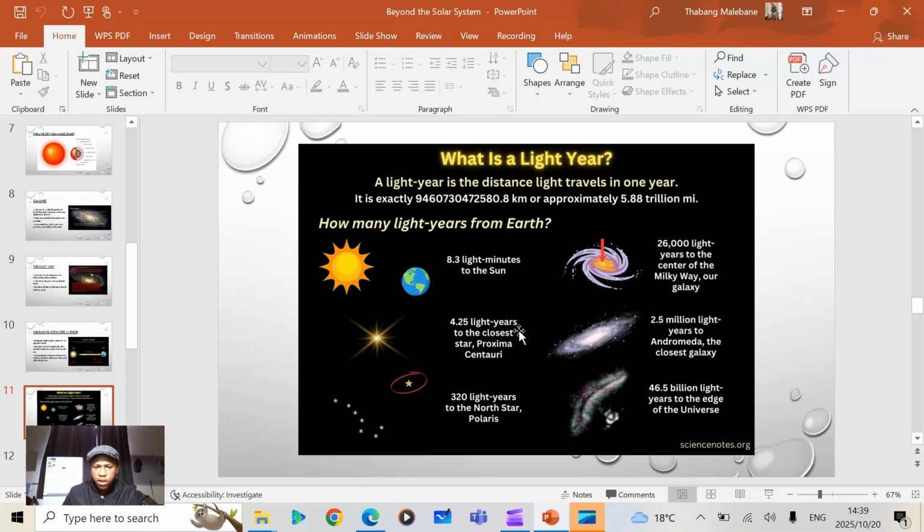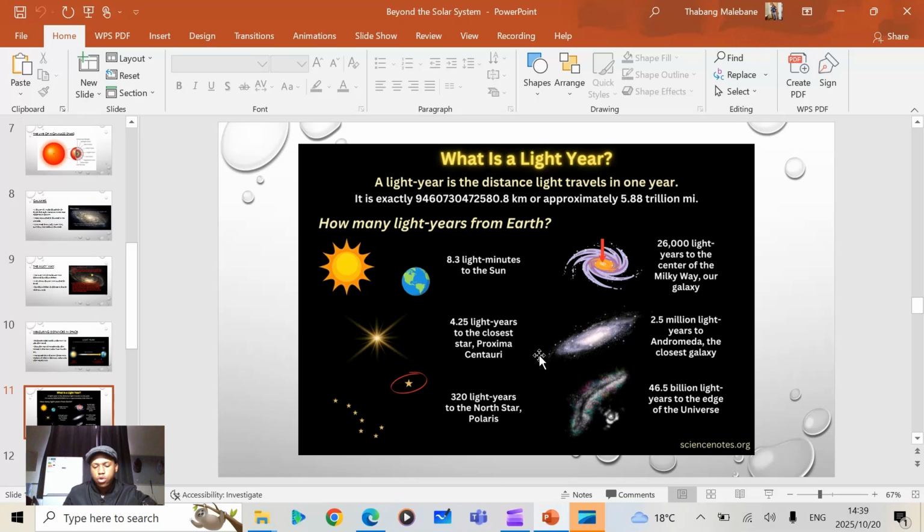What is a light year in detail? A light year is the distance light travels in 1 year. It is approximately 5.8 trillion miles. How many light years from the Earth? From Earth, we have 8.3 light minutes to the Sun, 4.25 light years to the closest star,